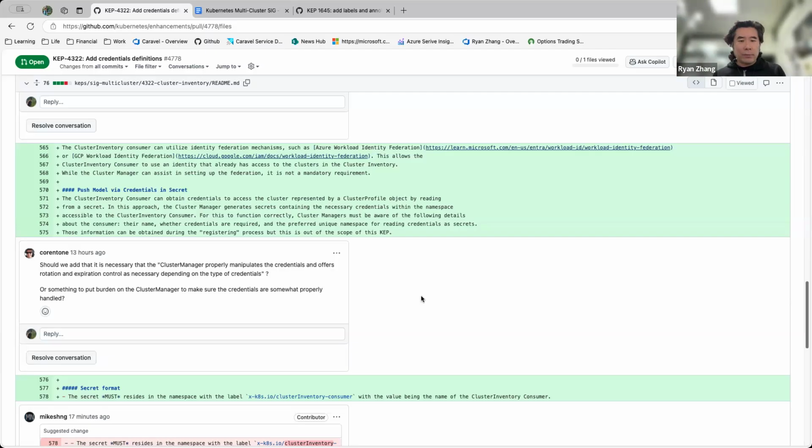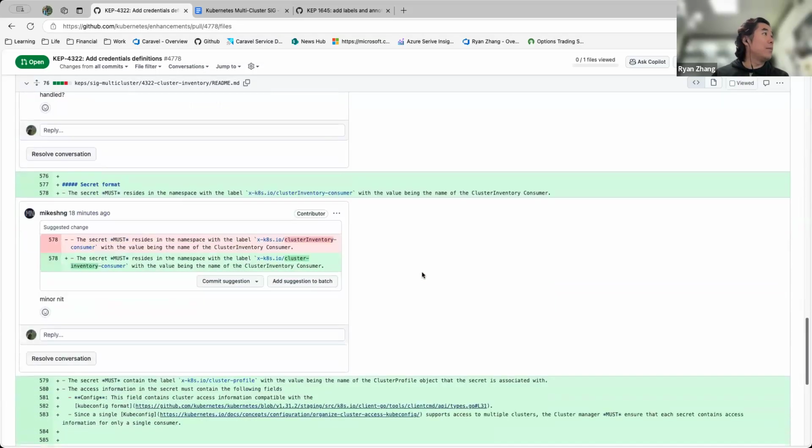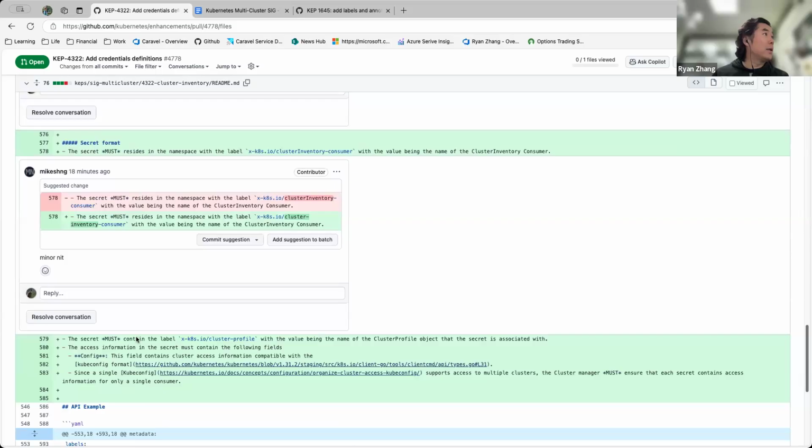It's just a convention that the secret must reside in those namespaces, and the namespace must have some labels. Secrets must have those labels. The label is the cluster profile object name, and the cluster manager must ensure that each secret contains access only for one single consumer.